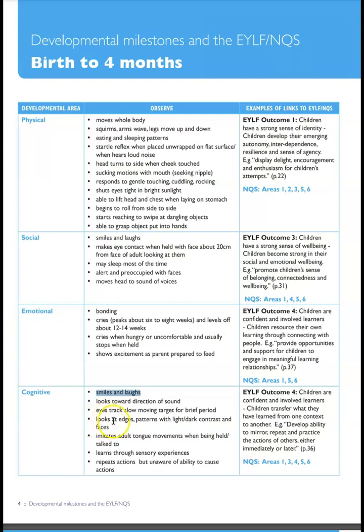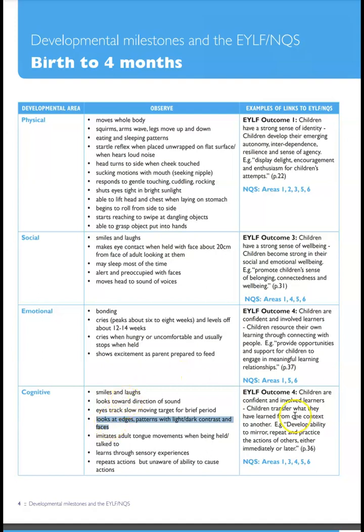If you want to learn more about this stage of development, how infant studies, research, children understanding of space, it's also quite interesting and more amazing. So you can see that they might repeat actions but are unaware of their ability to cause actions. If they knock something accidentally, they don't know that they did it. So that's why at this stage it's really more chaotic and not organized. But if you put a baby on a bed, they kind of crawl towards the edge of this bed and they might fall because they are still not aware, or they might stop. And this milestone, when they start to understand that there is a change between surfaces, you can see and document